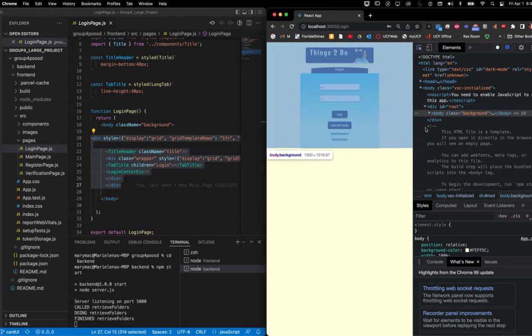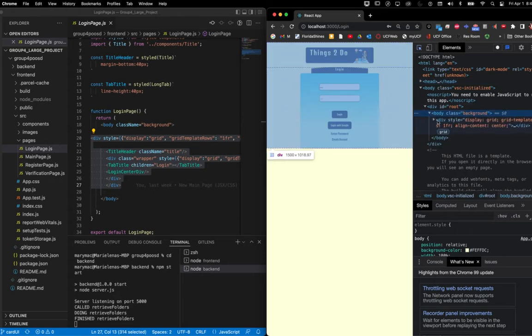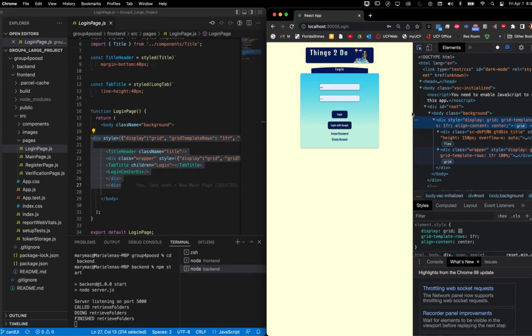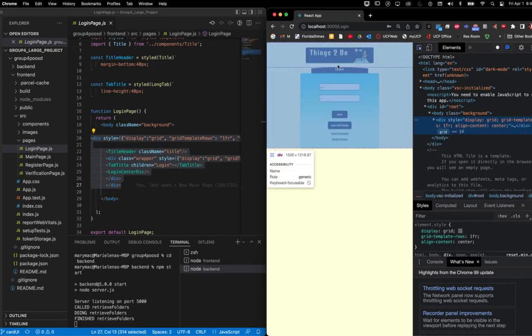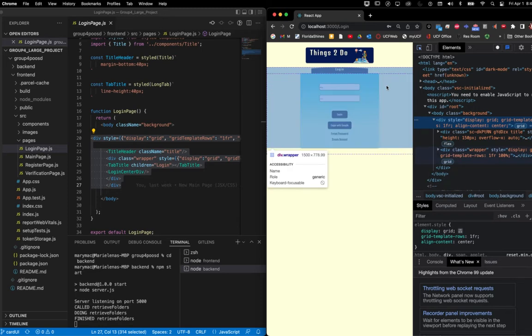The title div, you can see I kind of stacked it on top of, I don't know if you see here how this larger div is stacked in a grid. It has the title stacked on top of this other div that contains the login tab and the center div here. So here on top you see that login tab, and right under it